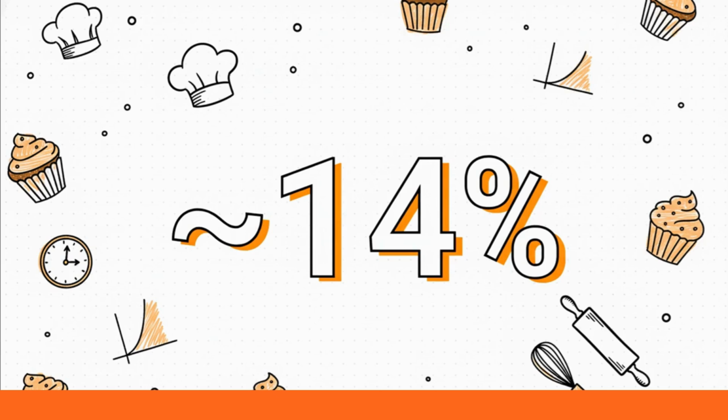And to see its power in action, think about this. If a bakery knows they sell an average of 5 cupcakes per hour, the Poisson distribution can calculate the probability of selling exactly 3 in the next hour. And that probability, it turns out, is about 14%. How incredibly useful is that for planning your inventory or figuring out staffing?